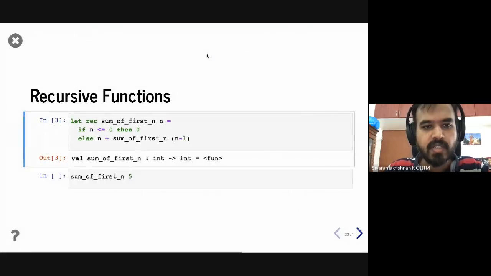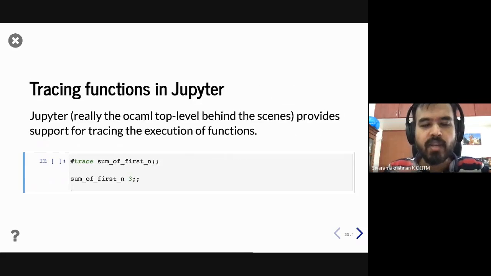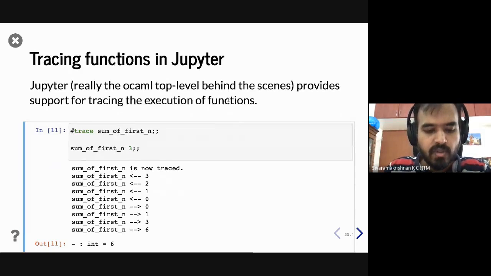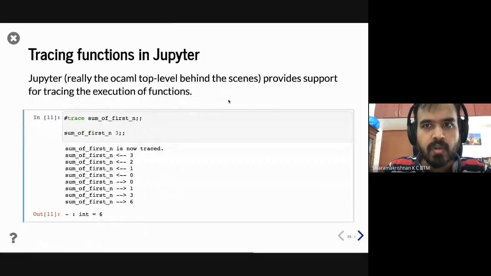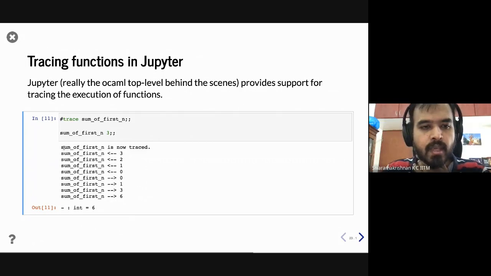Okay, so recursive function, this should work, right? And now you can trace the function. What is going to happen here? Because I've enabled tracing, you can see that Jupyter first says this function is being traced, and you can see the input and the output.